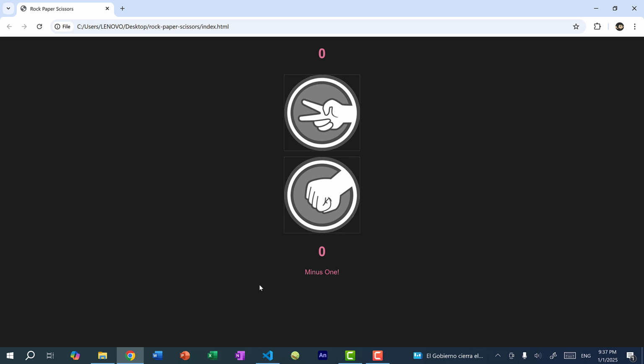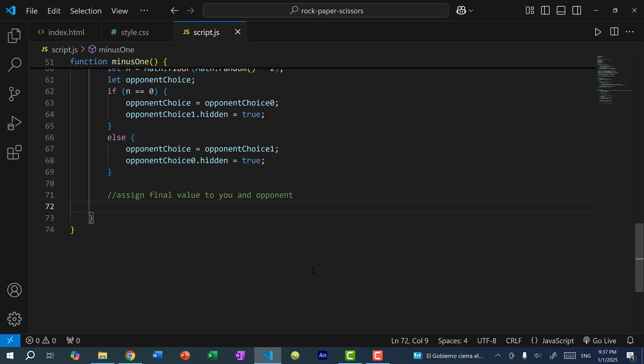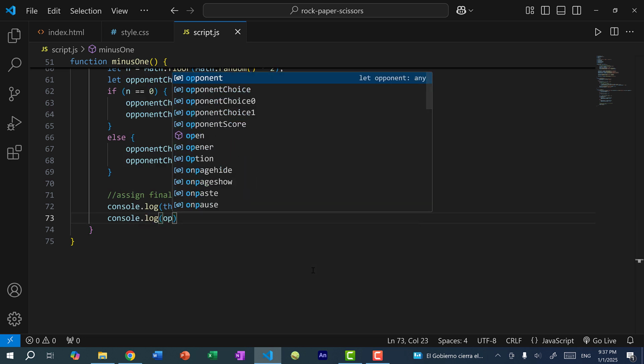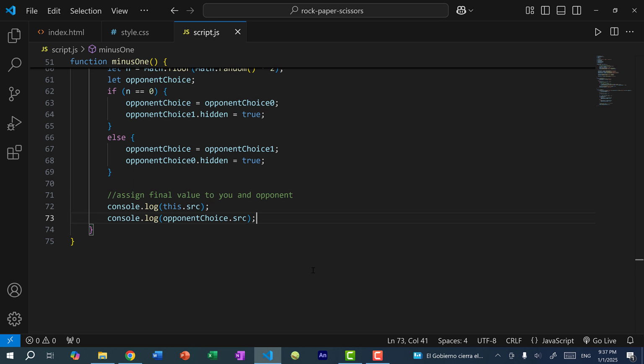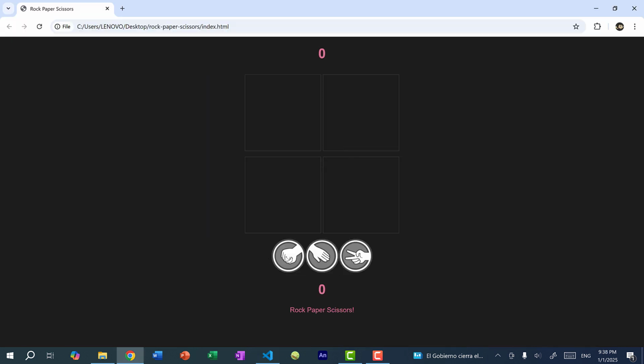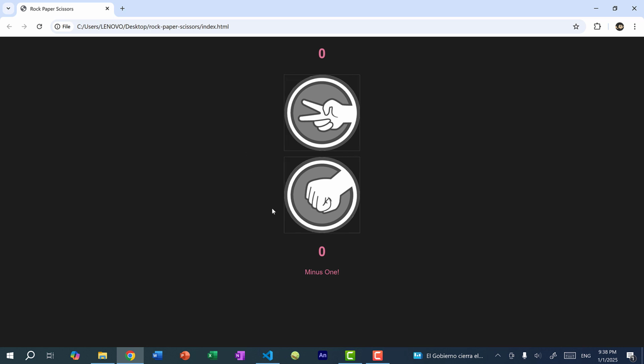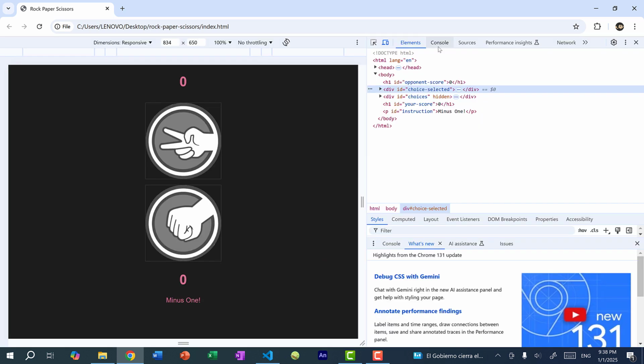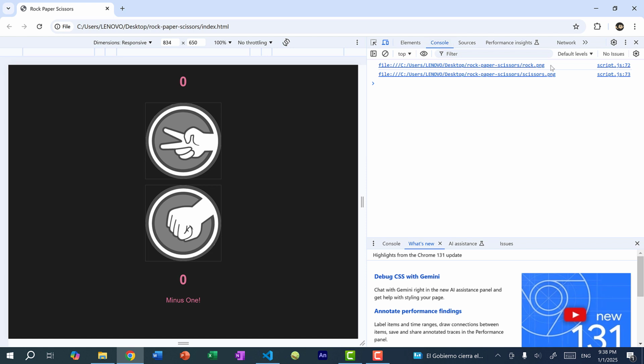All right, so the -1 function works, and now we need to update our score. So now what we need to do is assign the final value to the variables you and opponent. And before I do that, I just want to show you, if I do console.log(this.source) and console.log(opponentChoice.source), let's see what we get. All right, let's refresh the page. I'm going to do rock, paper, and I'll select rock, and I'm going to right click, inspect. And in the console, you can see the source path is actually more than just rock.png. We get the folder name, and the folder is inside desktop, which is on this user machine,